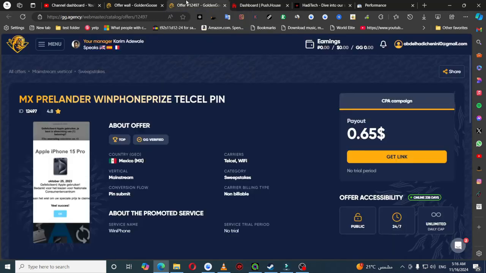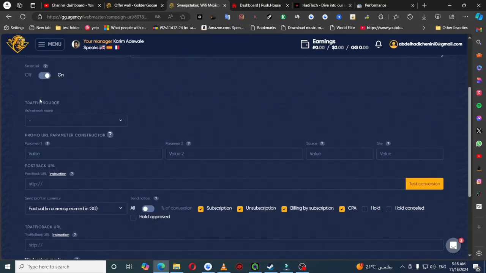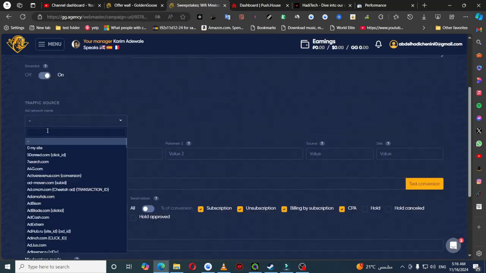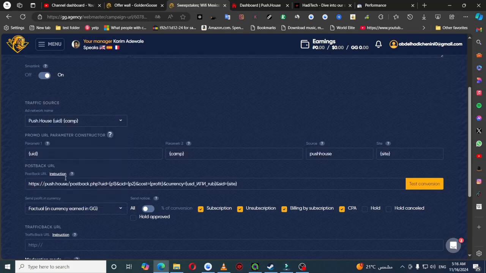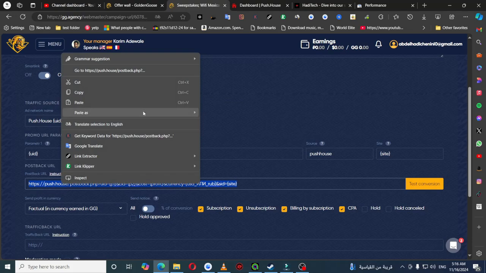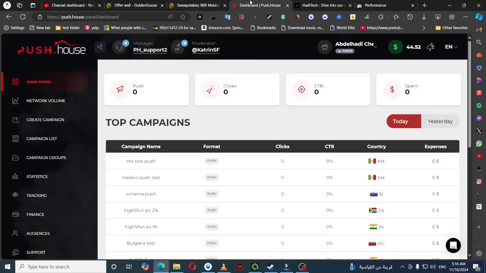Just head back to the offer that we just selected and click on get links. All right. And scroll all the way down to traffic sources and then type in again push house. Okay. Once you do that, you will have this type of link, which is called postback. Highlight this link and copy this link and head back to push house,